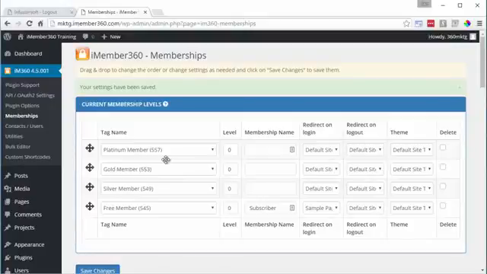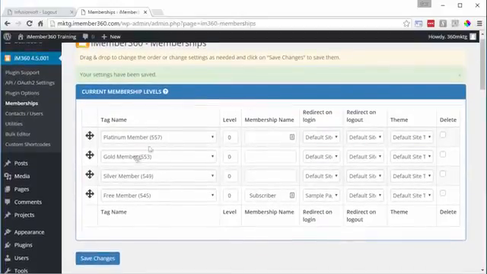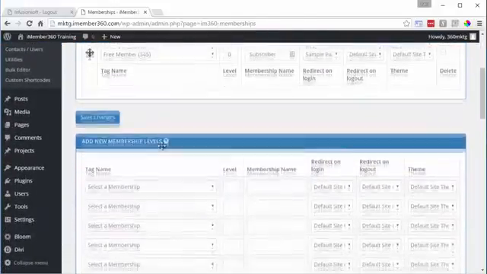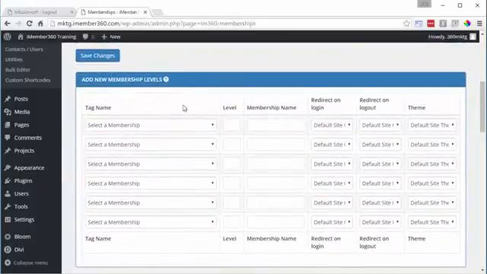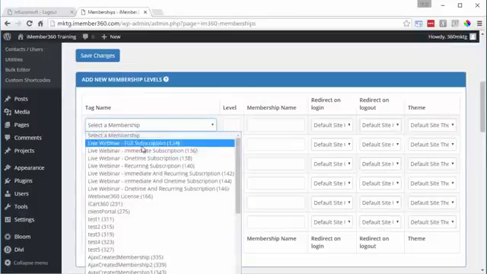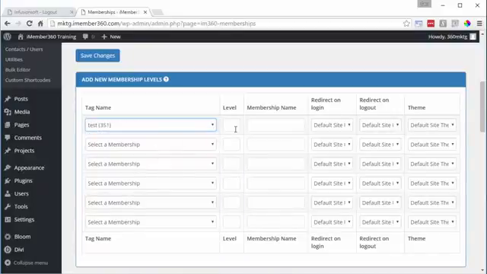Okay. Next, I want to talk about what happens if you want to add a new membership level to your website down the road, and it's something that you've already created in Infusionsoft. So to do that, it looks like this list is full, and there's not really any place to add. But if we scroll down, you'll see that we can add multiple new membership levels just by choosing them from the drop-down list. So if I wanted to choose this test level,